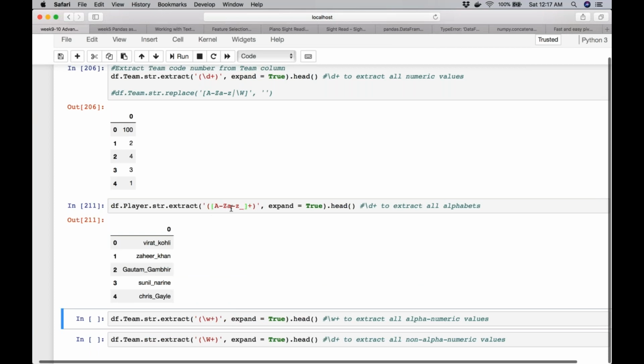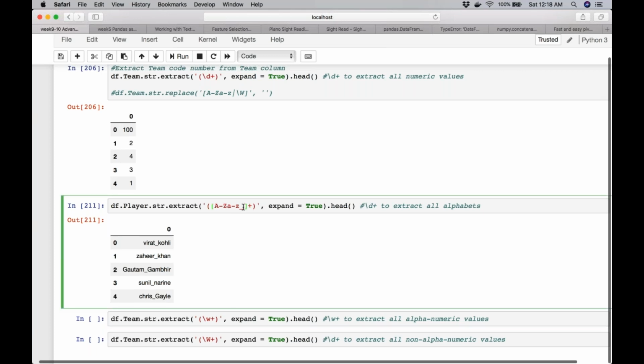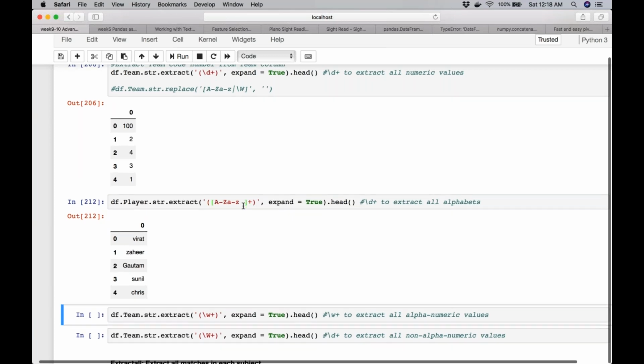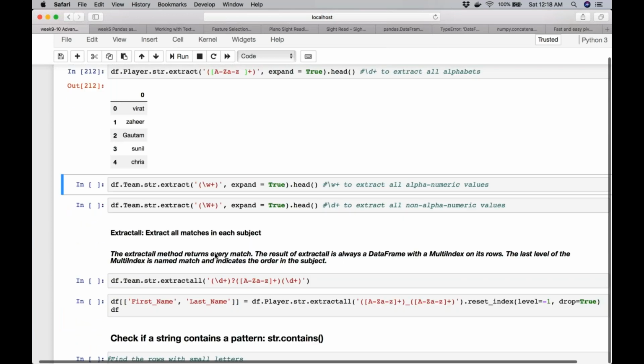So what I am saying here is extract everything along with the underscore. So it is also keeping in mind that I need to take care of the underscore. In a way, regex is very, very precise. You just have to exactly give what you want to extract and it will do the job for you.